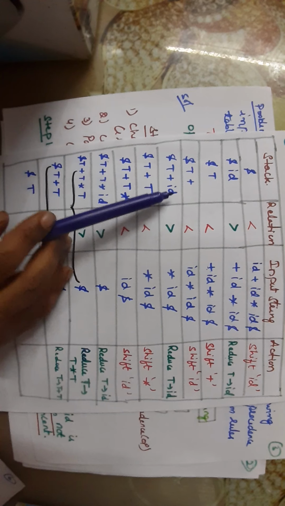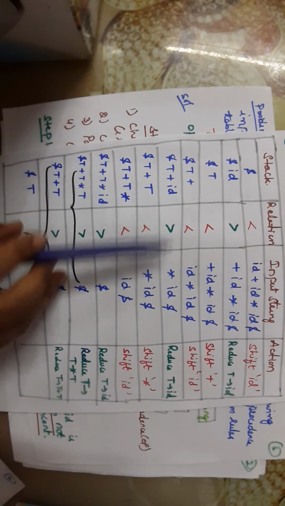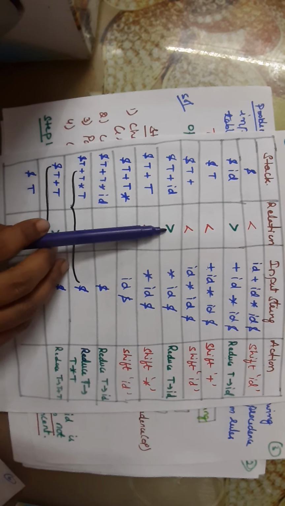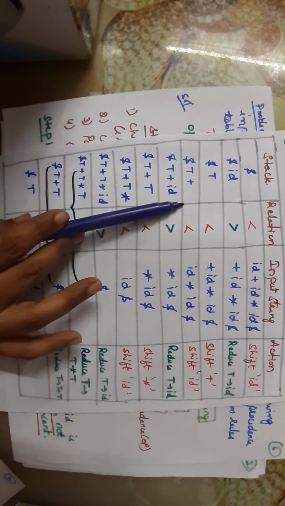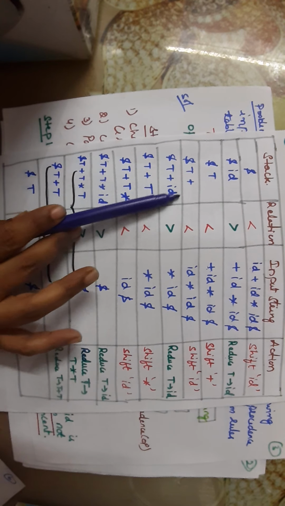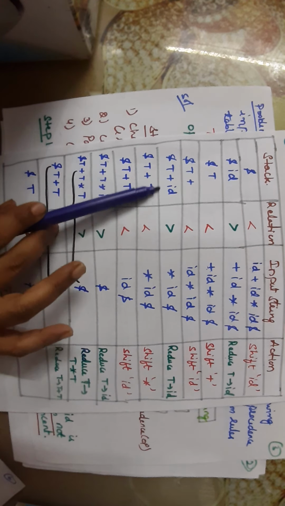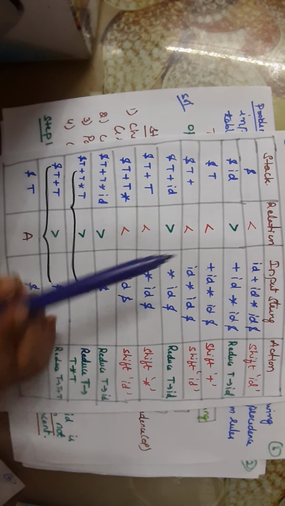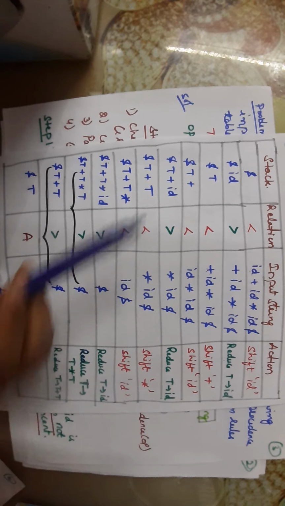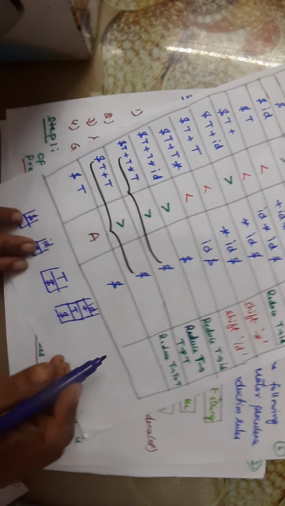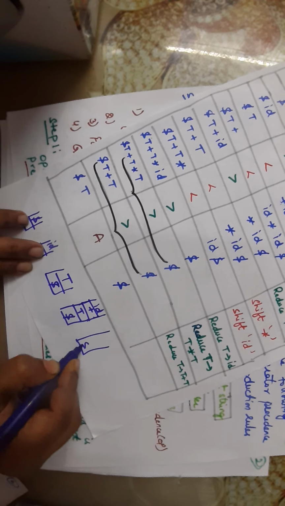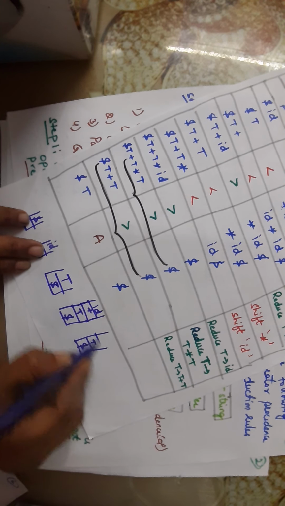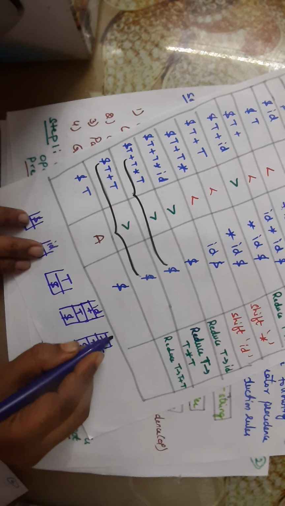Now compare the topmost element in the stack, that is id, with star. id is greater than star. So the greater than symbol is there, and we have to reduce the terminal present in the stack to a non-terminal. Convert the terminal to a non-terminal or variable. So again we use the same production, reduce T produces id, and we get T plus T. Now id is replaced with capital T.